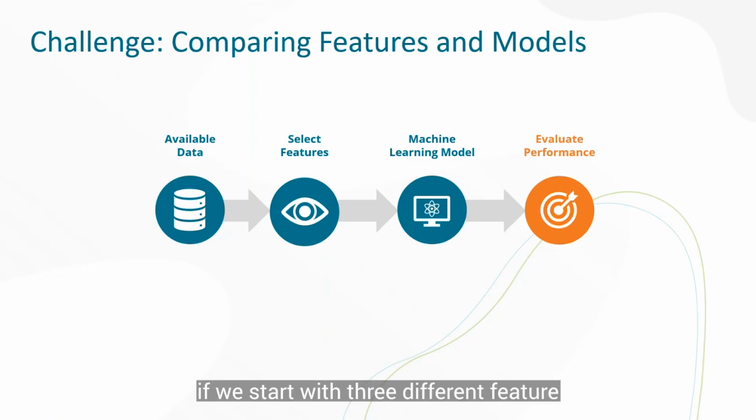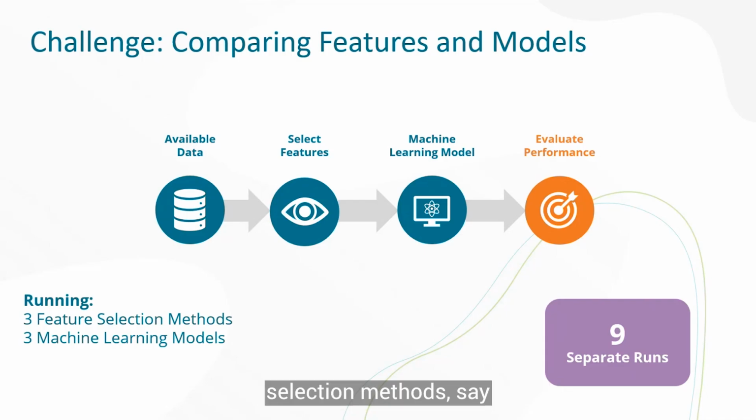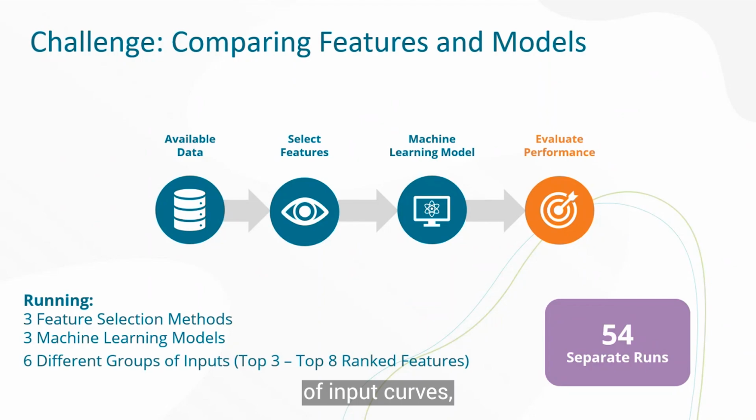To give you an example, if we start with 3 different feature selection methods, say Pearson's correlation, backward feature elimination, and Experienced Eye feature selection, then we can run that through 3 different machine learning models. That means that we've got 9 separate runs to run through that process of going from our data, selecting the features, running the machine learning model, and then evaluating the performance. But if we start to bring in the aspect of different groups of input curves, such as the top 3 to top 8 ranked features, which we'll see in Experienced Eye, then that can rack up to about 54 separate